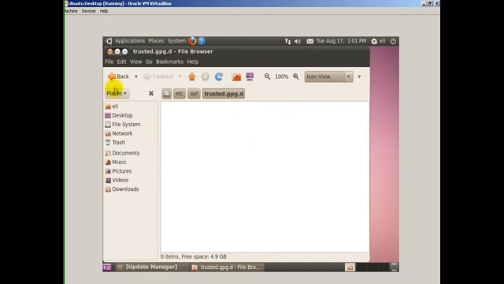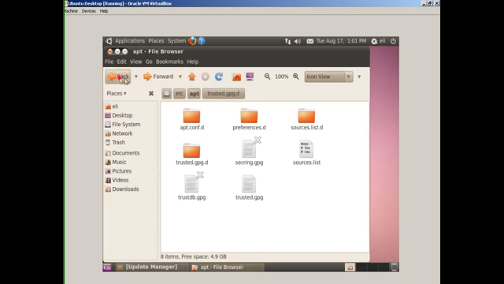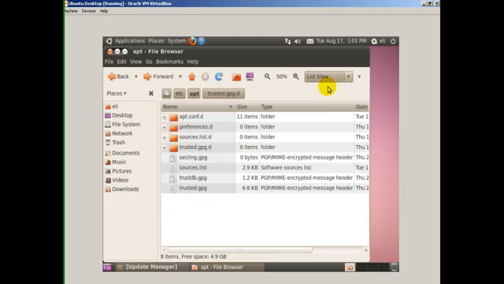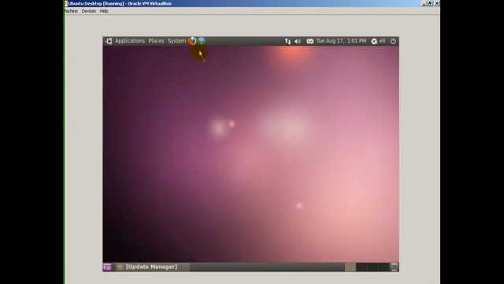So you can double click and navigate basically like you would in Windows or Mac. You can either go up one folder level or go back. You can even do icon view, or list view, and list stuff. If you want to use the internet, you just click on Firefox,